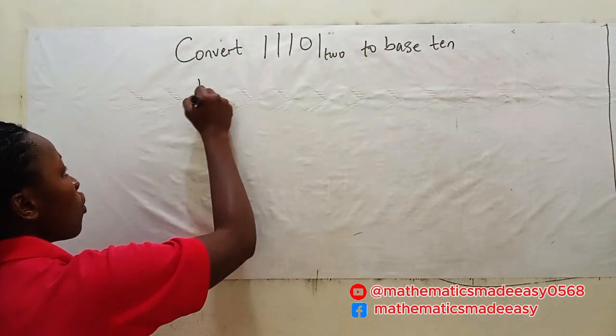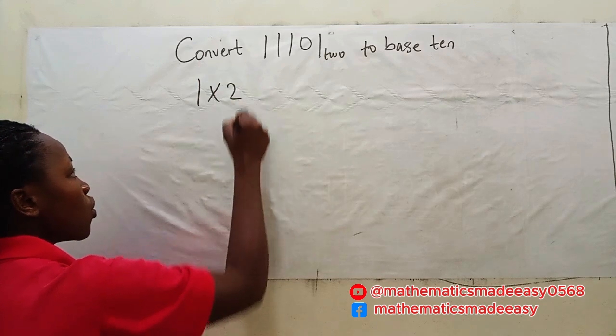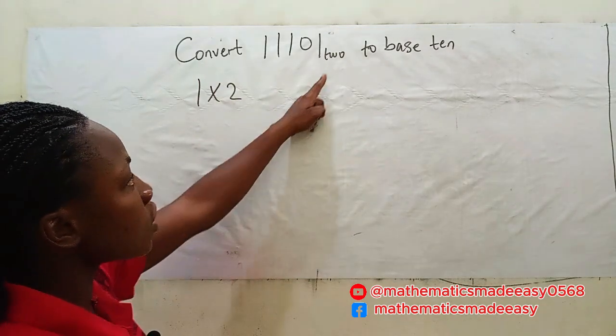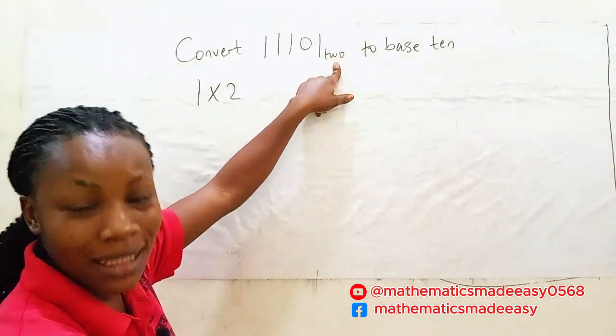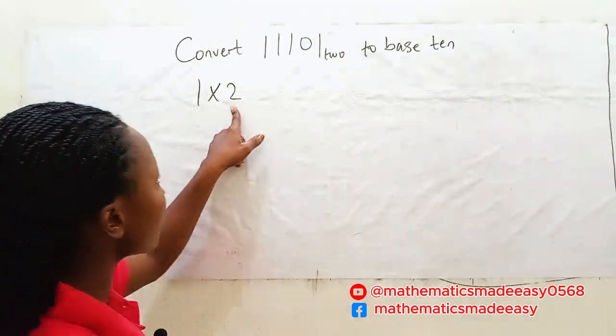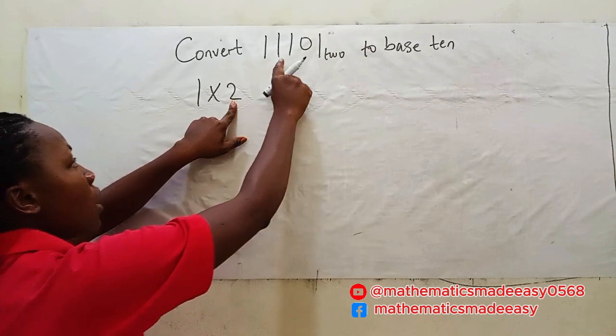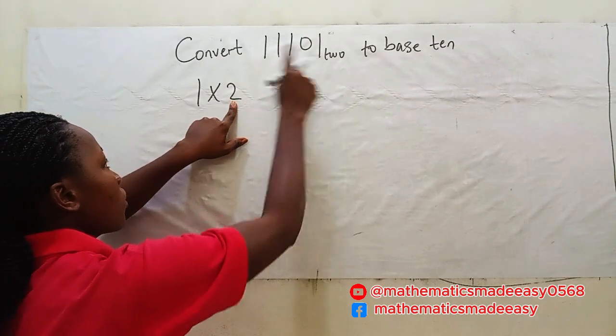Here we have 1 times 2. We are timesing it by 2 because 2 is the base. It is in base 2, so we are timesing it by 2. 2 raised to power 1, 2, 3, 4